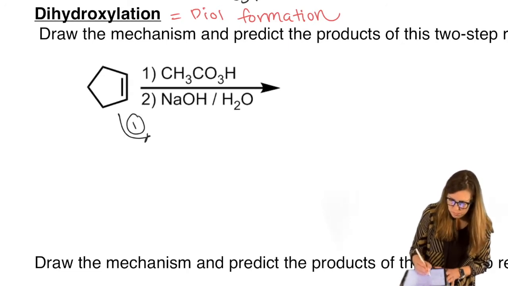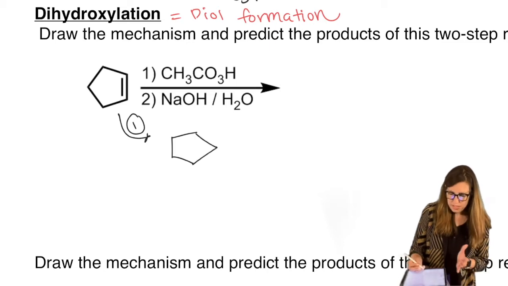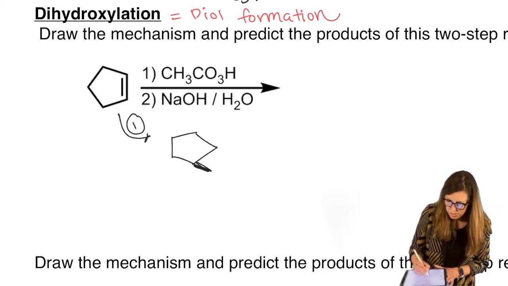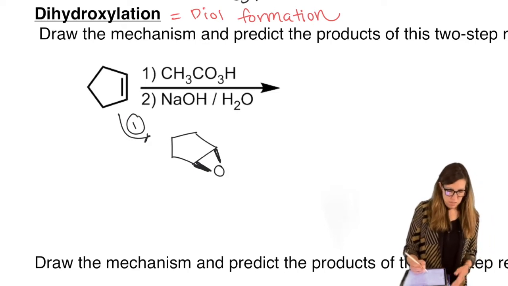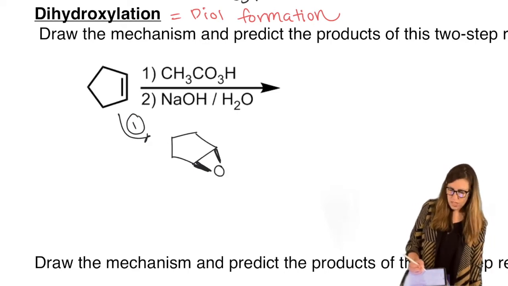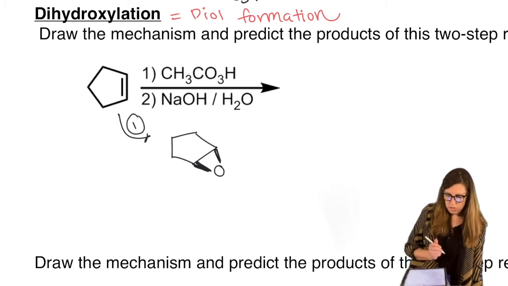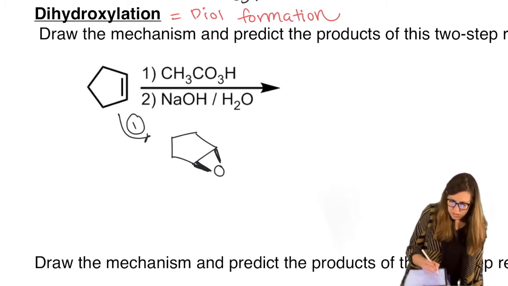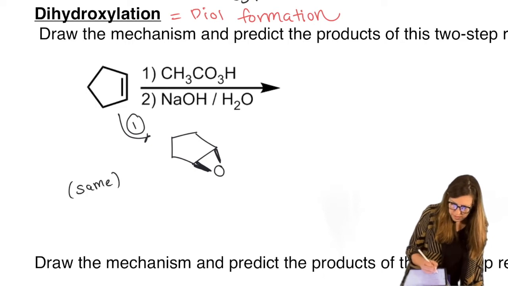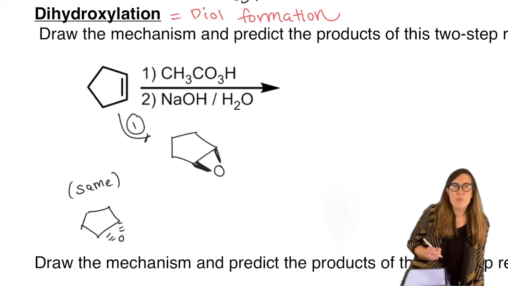Step 1. We're not going to concern ourselves with both the top and bottom attack, especially since this is a symmetric scenario, but we are going to just open it anyway. So we're going to look and see what's possible here, okay? So I'm just going to show one path. We'll let it come from the top. But notice that this would have been the same if I had come from the bottom, right? So I could have had the epoxide from the top to the bottom.